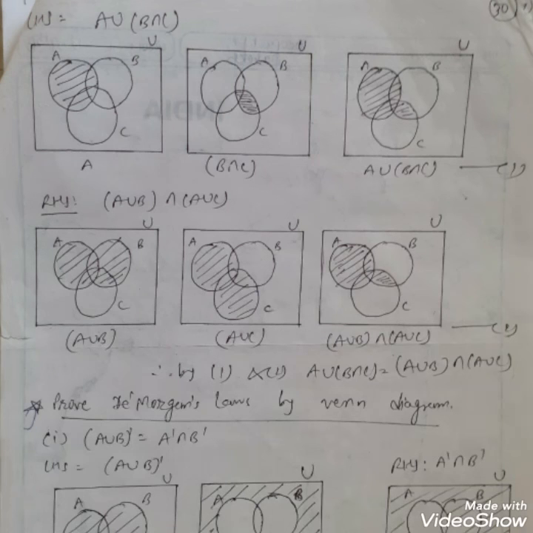And similarly A union C: the elements are in A, otherwise in C, otherwise in both, so only those regions are darkened, of C and B, that is present in A and C. So now the intersection of these two sets: obviously set A is included for both, and that common region which is included in B and C. So from diagram 1 and diagram 2, both are the same.